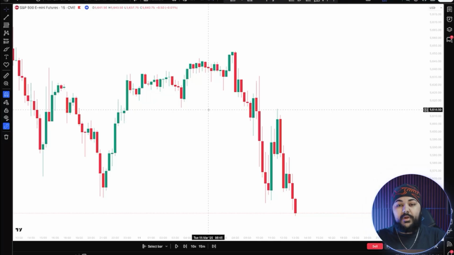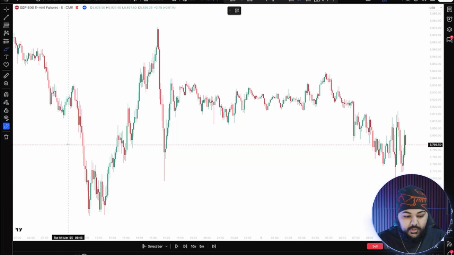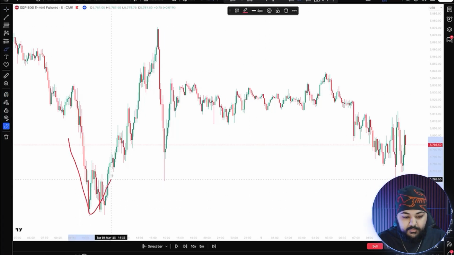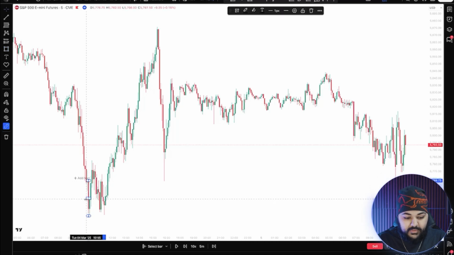So in this example right now, what I want to show you guys is actual zones and my thought process behind finding them. So there's 2 zones in this example that I'm about to show you. What I want you guys to notice is that the market sold off and had a sharp move back up over here. To me, that is a demand zone. So I'm going to take the bottom of the wick to the previous candle that launch padded everything and extend